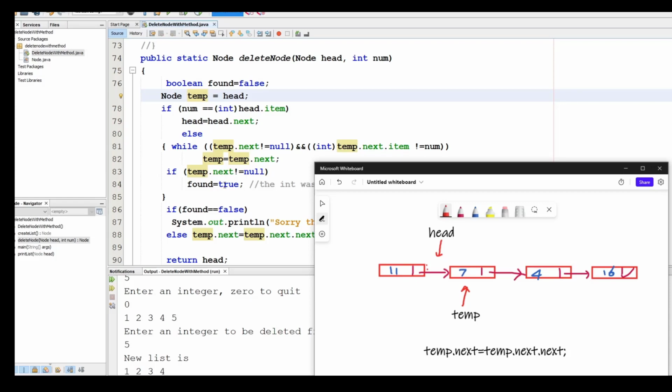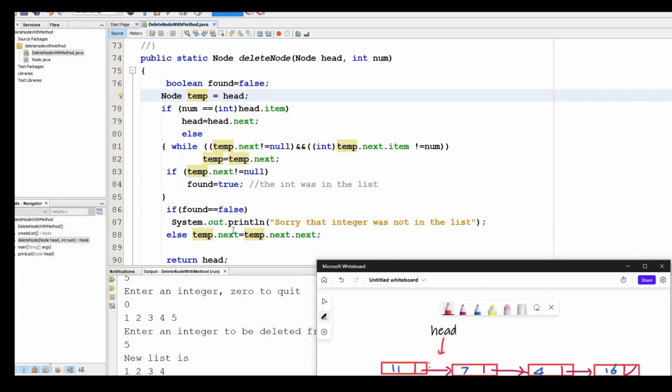So I'm using this Boolean, which will become true if the integer I'm looking for is in the list. Remember this if found is false. So if found is false, I never found the thing I was looking for, and I am ready here to print, sorry, the integer was not in the list. If found is true, then